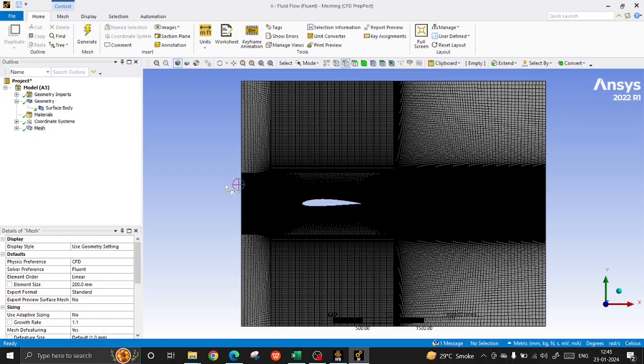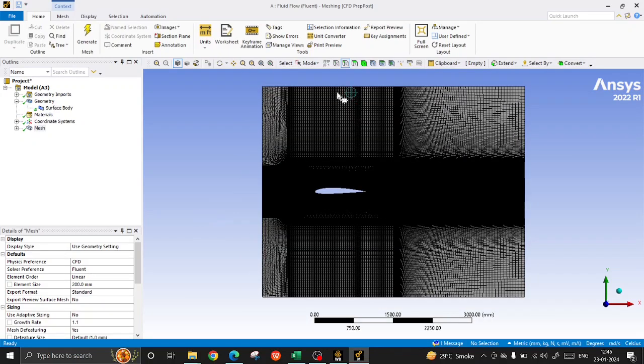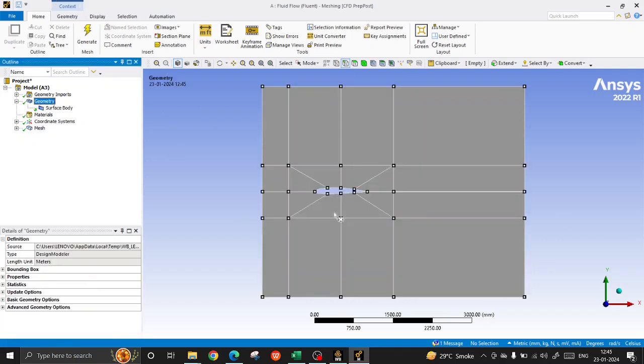Previously, we saw how to construct geometry and generate a 2D structured mesh along an aerofoil. Now, let us move on to the Fluent setup. Now we need to specify the boundary conditions, or what type of boundary conditions we are going to provide in the Fluent setup. The boundary conditions are given to the edges of the computational domain. So this front will be the velocity inlet,